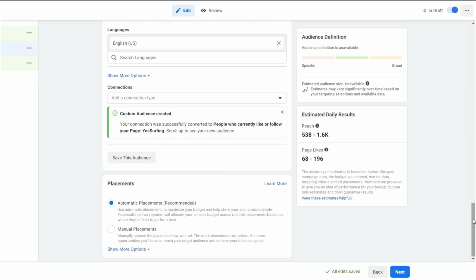All right, so let's go down, and now let's talk about placements. Placements are very different depending on your type of campaign. In this case, because we're doing a Facebook follower campaign, if I just leave it automatic, Facebook will show that in the Facebook news feed, and basically that's going to be the best spot to get people to like our page. But if I click on manual placements,